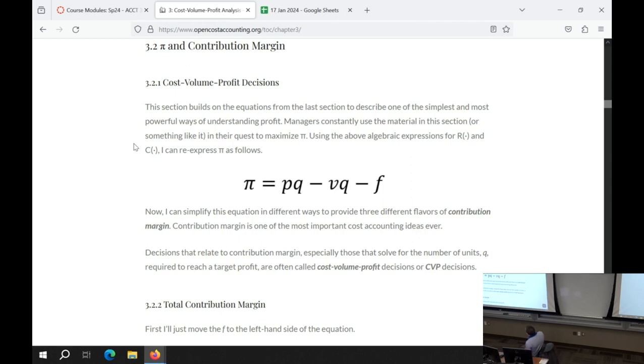This is a deceptively powerful idea. You wouldn't think it's powerful because it's so simple, but it is. Once we separate out costs into variable and fixed components, we can pit the price directly against the variable component, because the price goes up with quantity and the variable cost goes up with quantity. And then what's left over is really what contributes to our company. Everything else is just passed through to another company, the supplier.